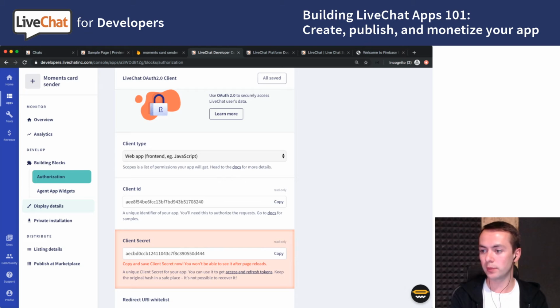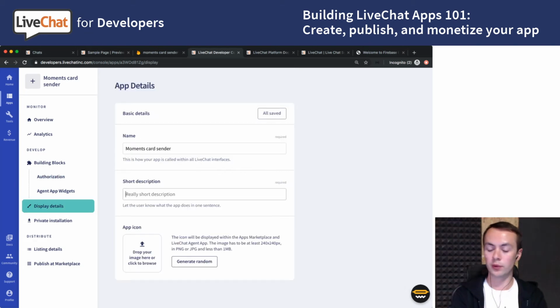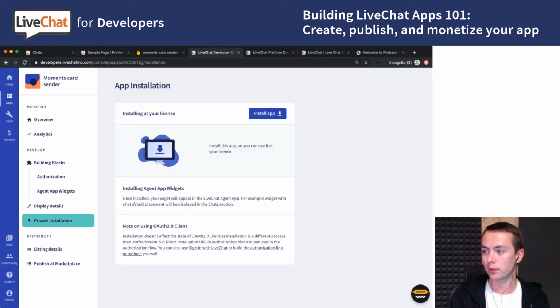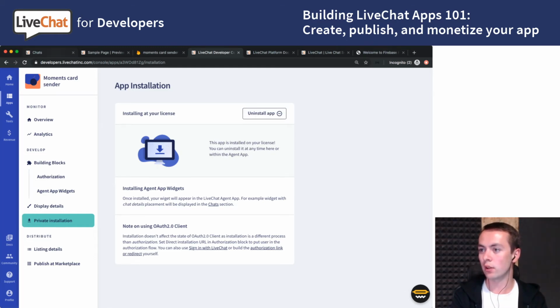So let's go to display details first. Add a really short description of our app. It can be changed later, of course. So I'm just putting here random data. I've generated a new icon, save changes, and then from the menu on the left, we can install the app privately on our LiveChat license. So I hit the blue install app button, and once it's installed,